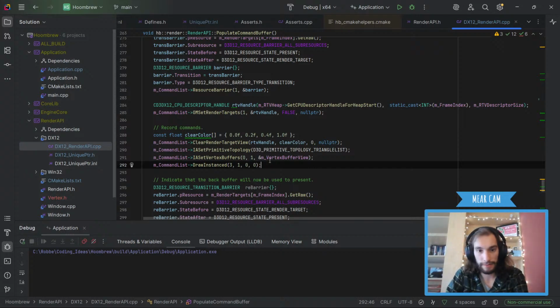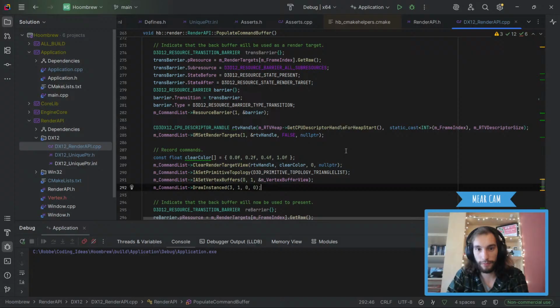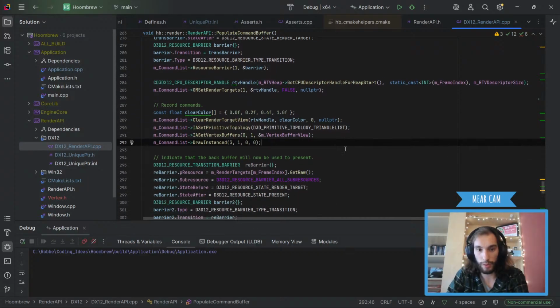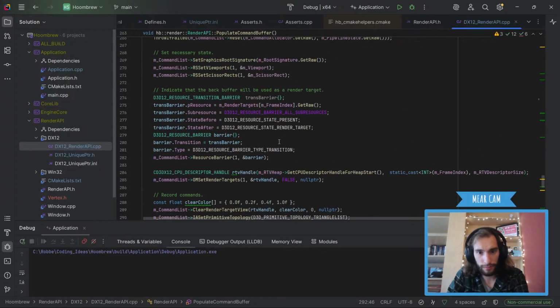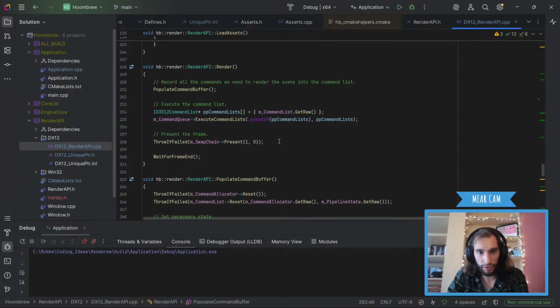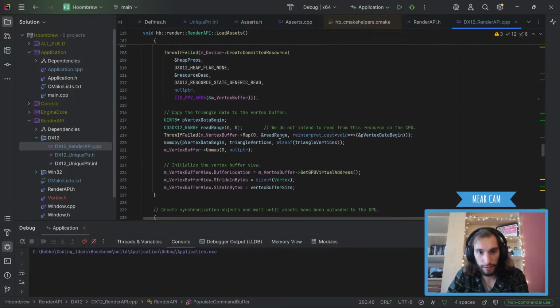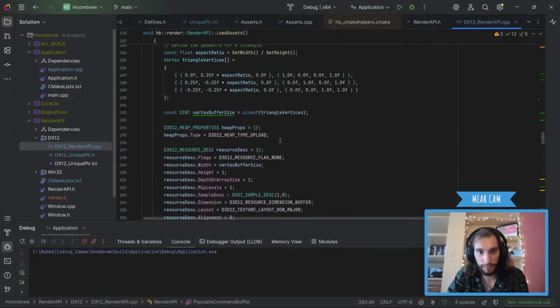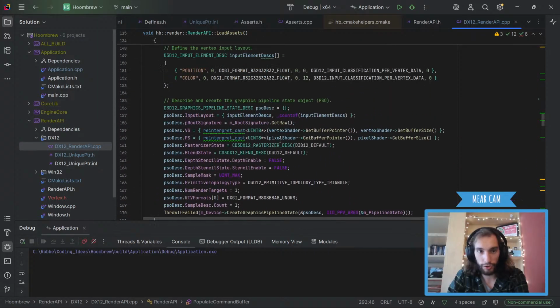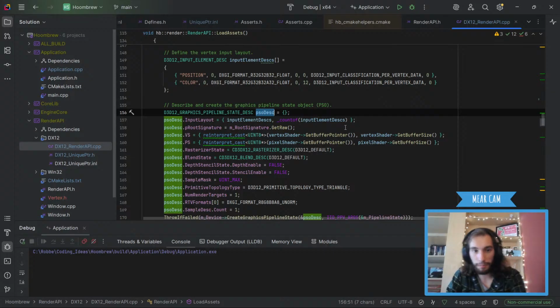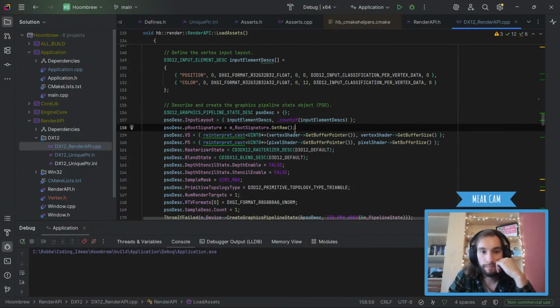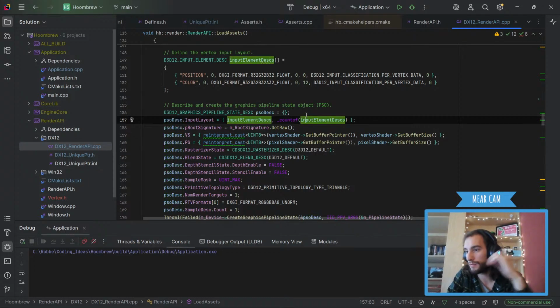And then do I have to set up the actual... Where do I bind the shader? Need to bind the shader somewhere. Where's the shader? Shader. Okay. Input element. Oh, we bind it in the PSO? Oh, I still need to look up the PSO. I thought I was done.